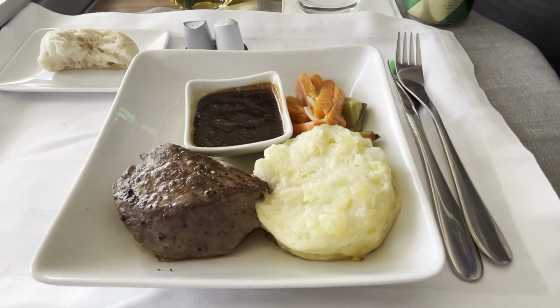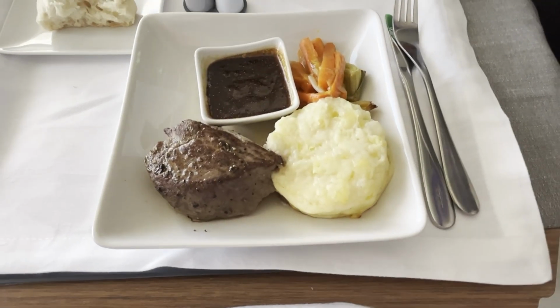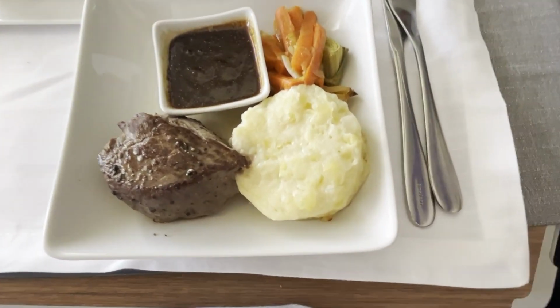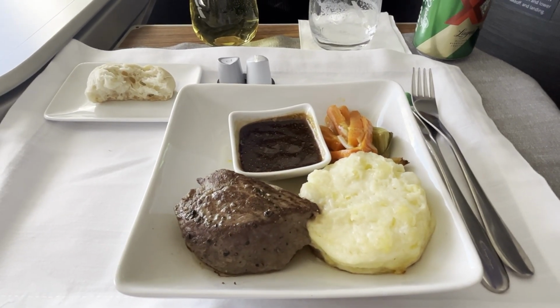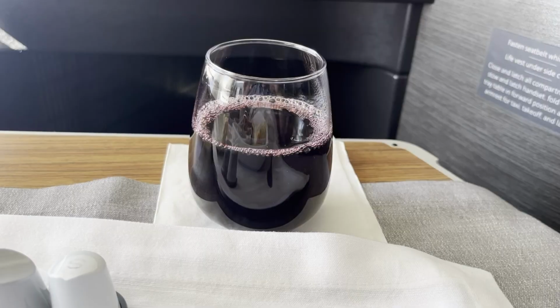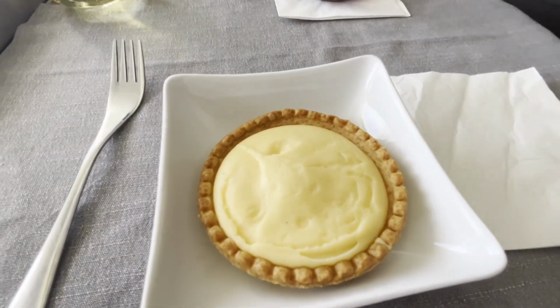It was served with a truffle jus, potato and celery gratin, caramelized carrots, and roasted leek slices. It's great to be able to order your food in advance, and the crew were telling me how helpful it is for them. You do get what you want, but you do have to make your mind up a couple of days before you fly. And with my main course I chose a glass of the Argentinian Malbec, and that took me to